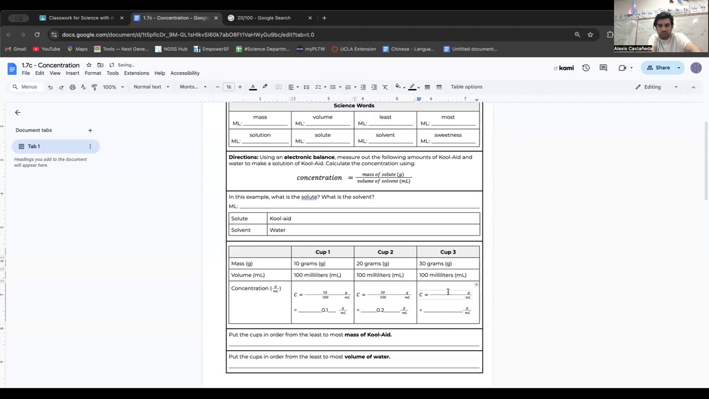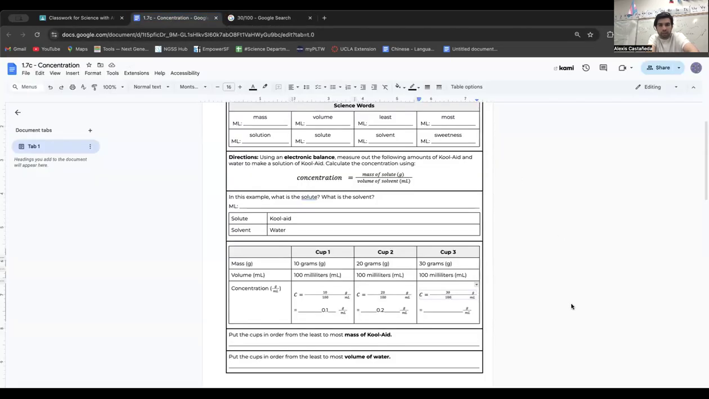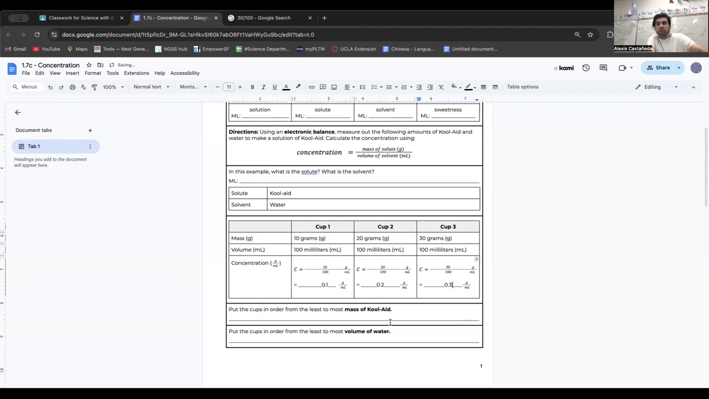And then for the third one, we have 30 grams divided by 100. And if I do 30 divided by 100, I get 0.3. So let's put 0.3 here. Great. So first it's asking us to put the cups in order from the least to the most mass of